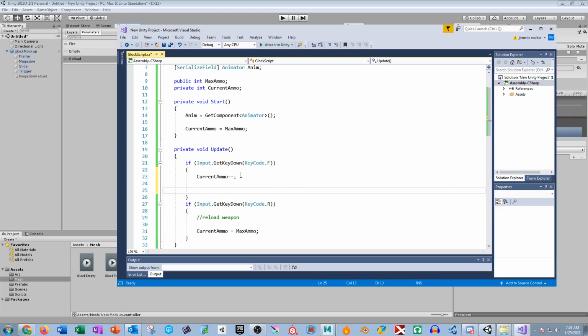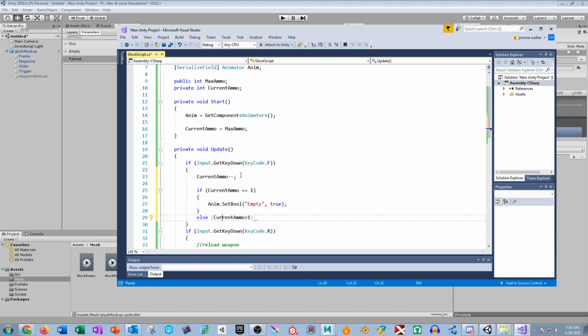I'm going to say if current ammo equals 1, meaning we have 1 shell left, we're going to say anim.SetBool, and we're simply going to say empty, and we'll set this to true. Else, current ammo is greater than 1,